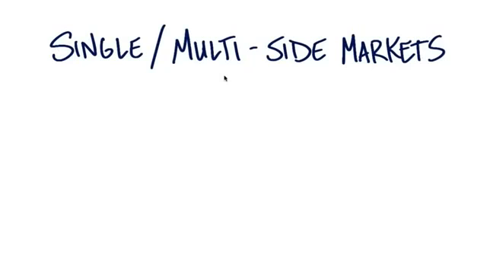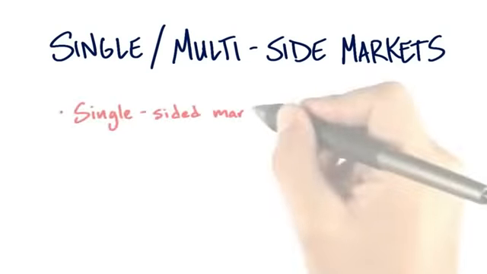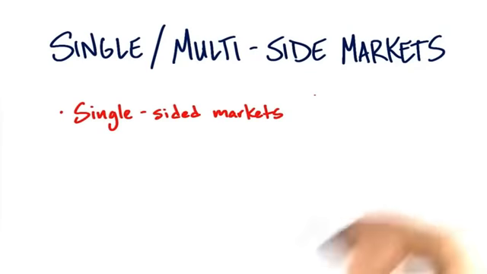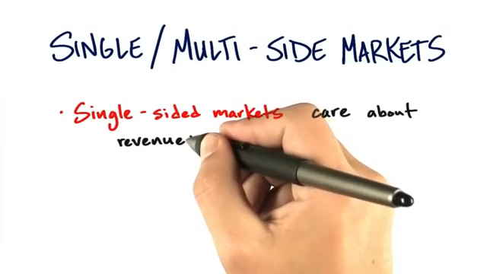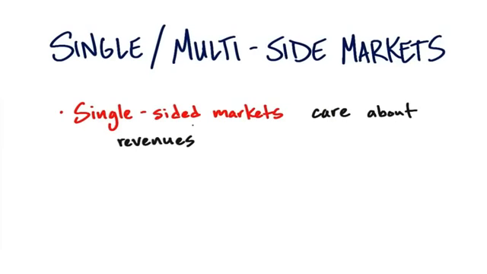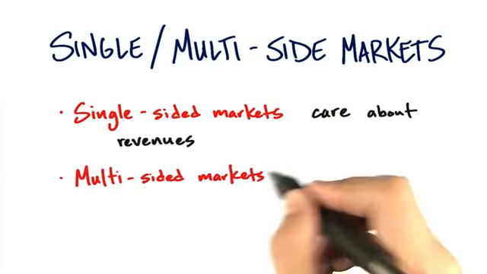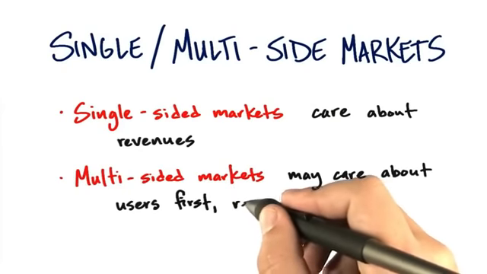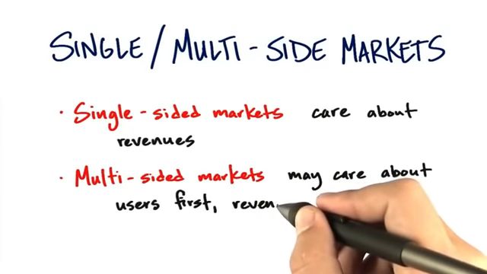One of the things I just want to re-emphasize, because we mentioned it earlier, is the difference between single-sided markets and multi-sided markets. Now, in single-sided markets, the customer is the user and the payer. That's a single-sided market. There are no separate users and there are no separate payers. You're it. Congratulations. You're the customer and you're going to pay for it. But in multi-sided markets, there might be users, but there also might be very separate people who are payers.